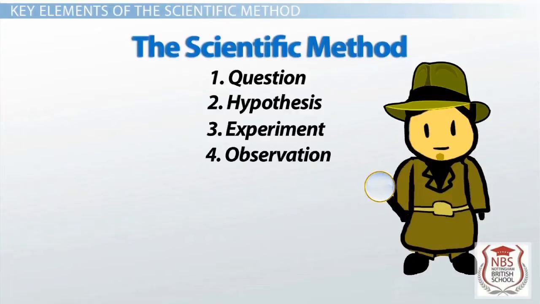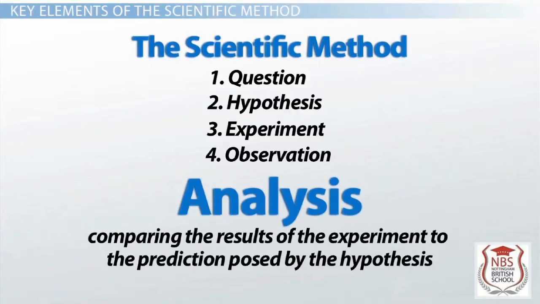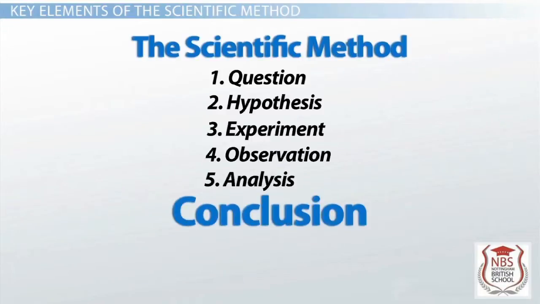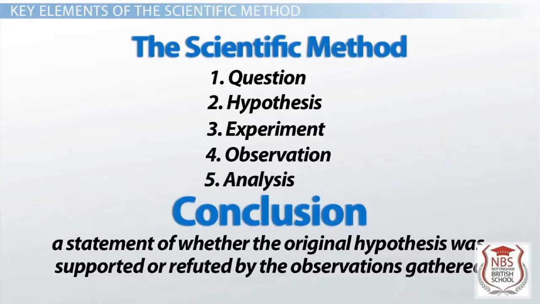Once results are in, the scientist must begin the analysis. Data analysis involves comparing the results of the experiment to the prediction posed by the hypothesis, based on the observations he or she made. The scientist has to determine whether the hypothesis was correct. He or she then sums up his or her findings with a conclusion. The conclusion of a scientific process is a statement of whether the original hypothesis was supported or refuted by the